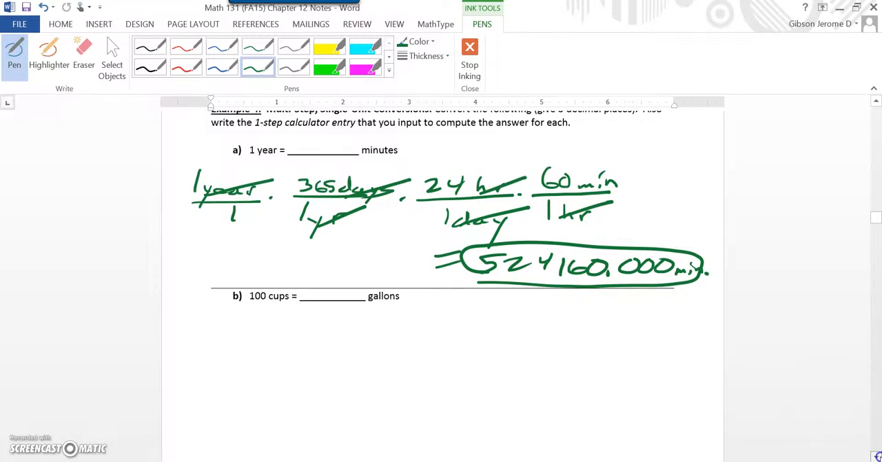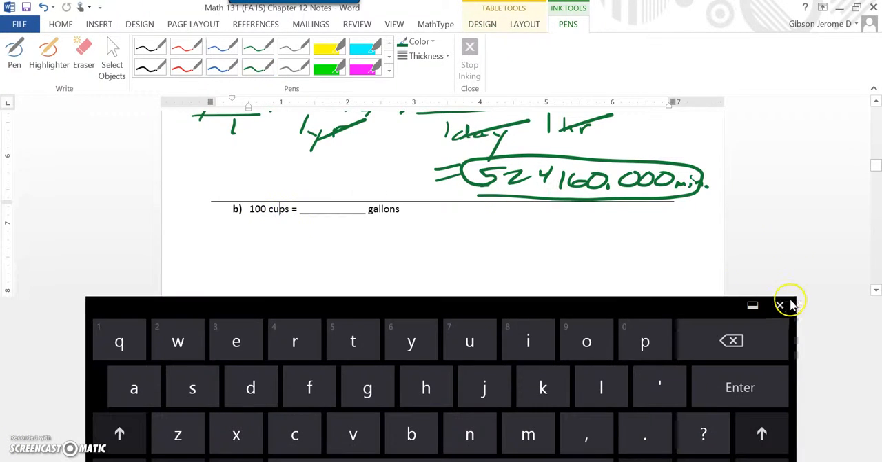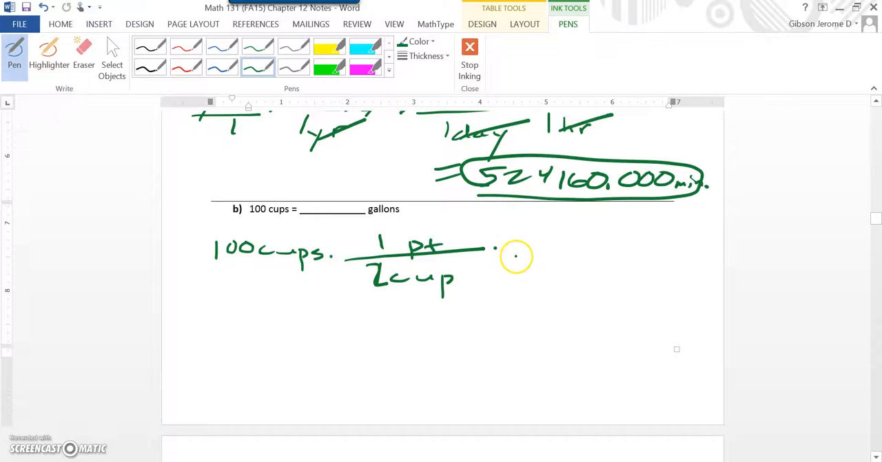Now, we want to come here to cups to gallons. So we're trying to change cups to gallons. So, what we would do is this here. You have 100 cups times. Now, what we need to do is 1 cup, well actually 2 cups is equal to 1 pint. And then we will multiply that by